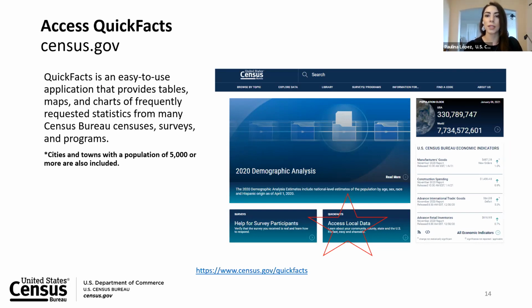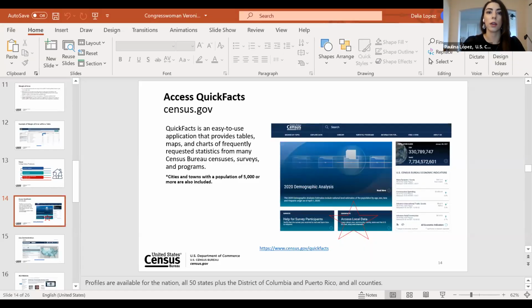It's a powerhouse because it combines censuses and surveys all in one place for very quick and easy access. QuickFacts gives us information for cities, towns, and census designated places that have a population of 5,000 or more. So if you're dealing with communities that have low levels of population, you will not find them on QuickFacts. You will find them on data.census.gov, which I'll show you as well. QuickFacts also gives us information on states and counties.